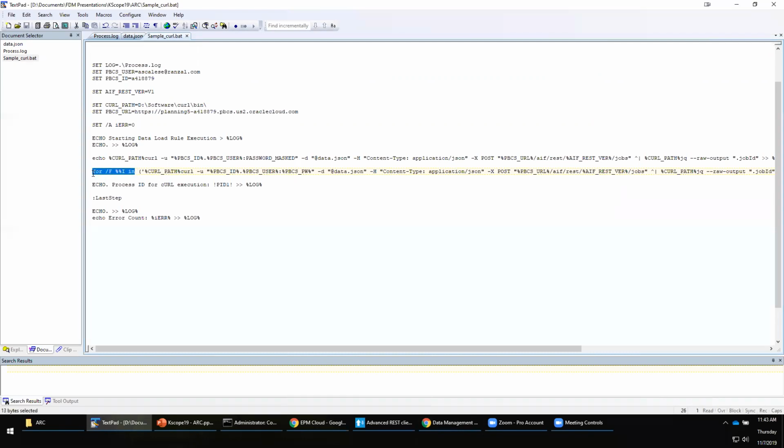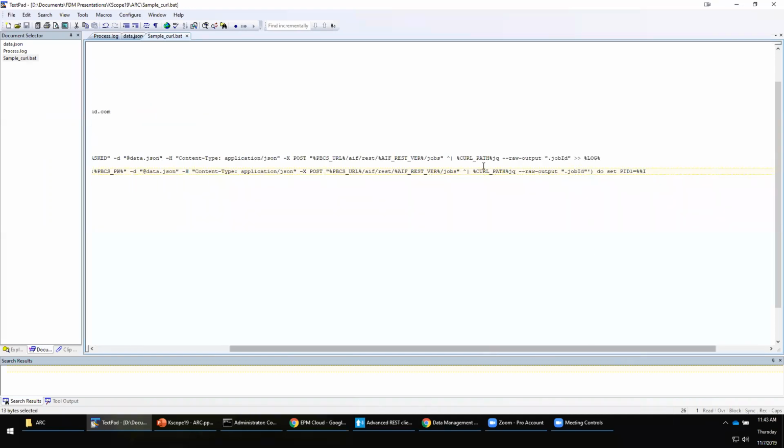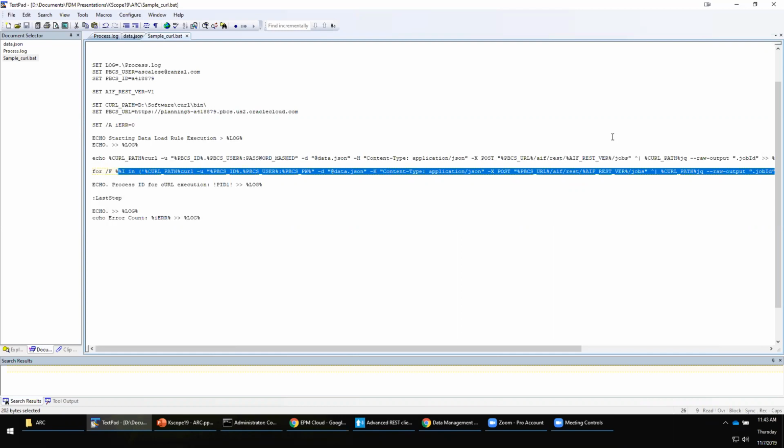The /F %i is just to take the parsed JQ job ID and set it equal to a variable. The core execution is within